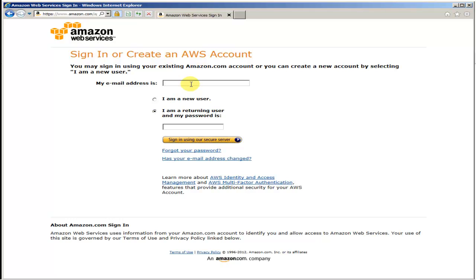So here you have to put the email address which you have registered earlier and the password. So let me just show you the account which I have created myself, and I will use that email ID and password for that purpose. So let me just show you here. So basically I am just entering my AWS account user ID and password,